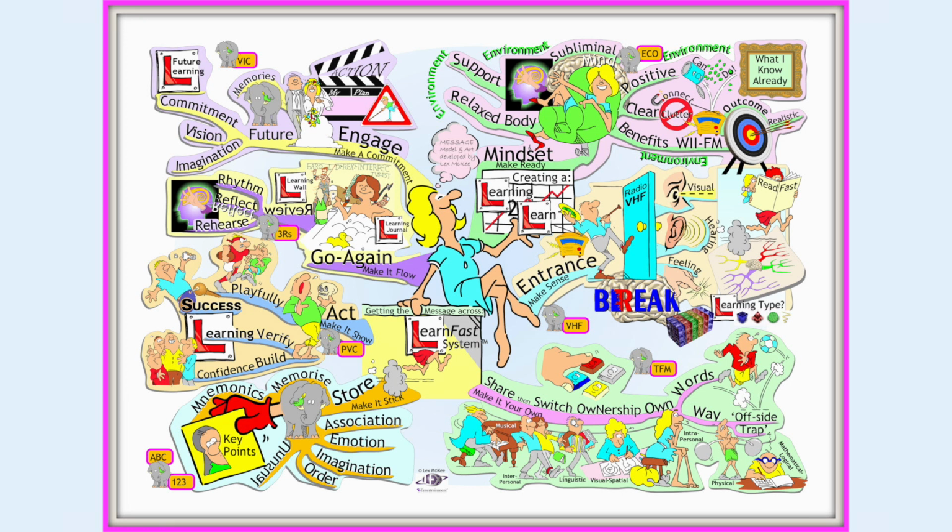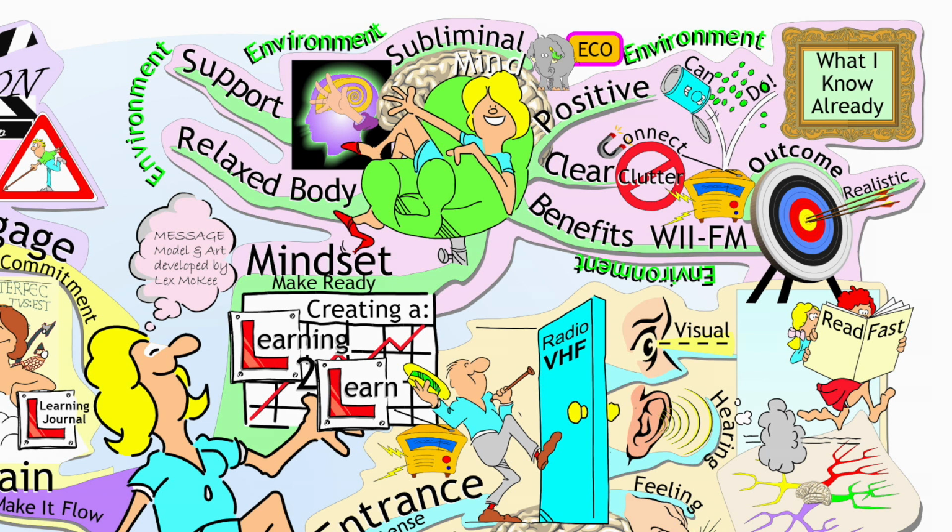My model of accelerated learning, design and delivery is based then around this set of phases, not stages, phases, because they all overlap. But we do begin with mindset, and it's important to create an environment and a mind state. So it's a mindset for a mind setting, the environment, and a mindset for a mind state, where the body is relaxed and the mind is open to new ideas.